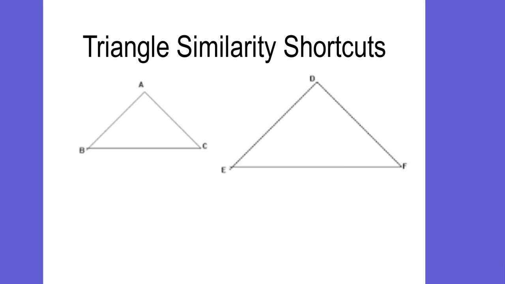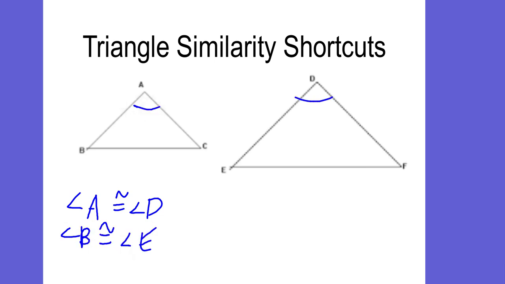Okay, just like we had shortcuts that we were allowed to use to prove that two triangles were congruent to each other, we can also take some shortcuts to prove that two triangles are similar to each other. So, if every time I was trying to prove that two triangles were congruent to each other, I had to say angle A is congruent to angle D, angle B is congruent to angle E, angle C is congruent to angle F,